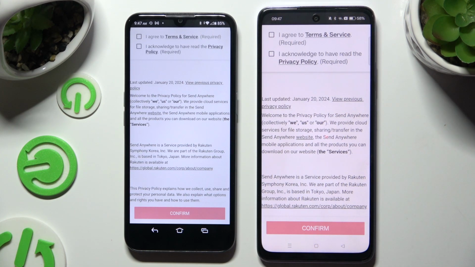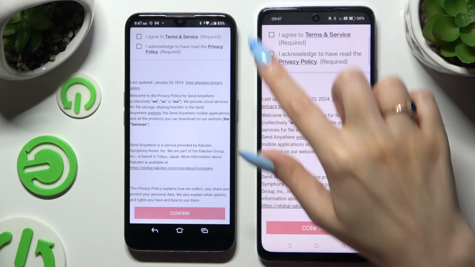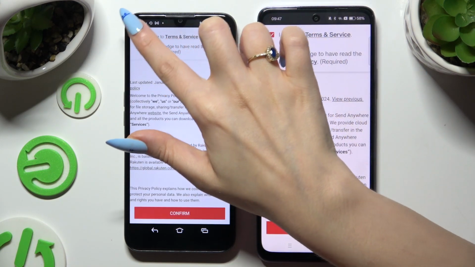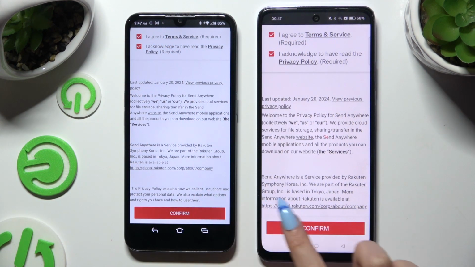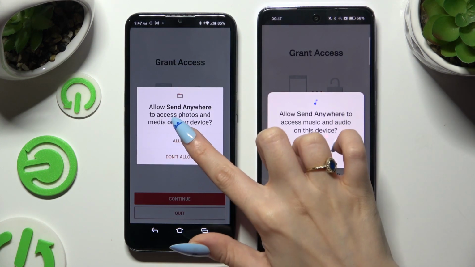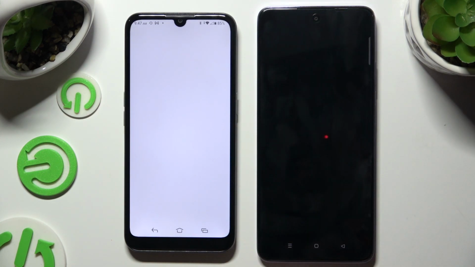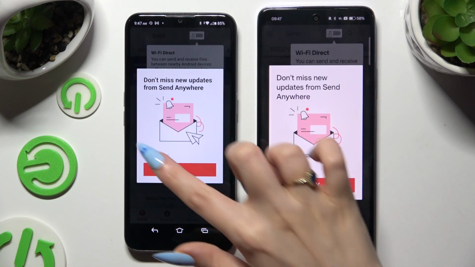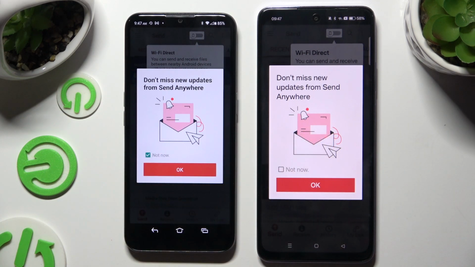Then tap on the same options in both apps to set them up. Firstly, I agree and I acknowledge. Then confirm, continue, and allow. In this window though, about new updates, you can tap on Not Now or close it right away by hitting